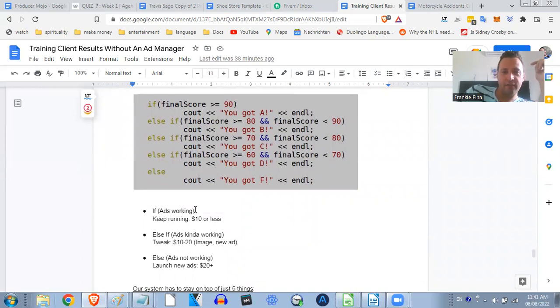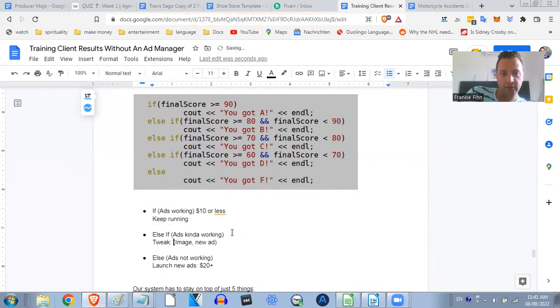It says, if the ads are $10 or less, I should put this over here. So in other words, if the ads are working, if we're getting cheap leads, then keep running it, right? Just don't stop running this. And then I would say, if the ads are